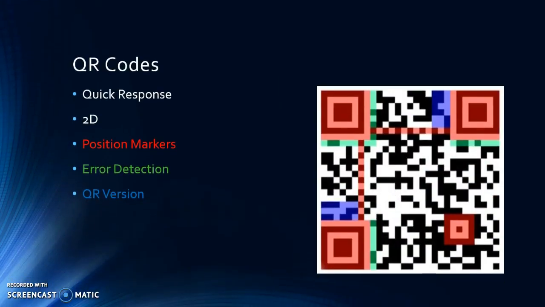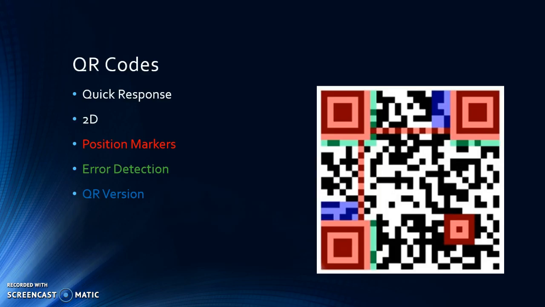So first, I want to talk about QR codes very quick. A QR code is a quick response code. It's just a 2D barcode. As we know, a 1D barcode with all the lines can only be scanned either horizontally or vertically, so it doesn't store that much data. Whereas a QR code uses both horizontal and vertical, and it can store hundreds of times more data than a